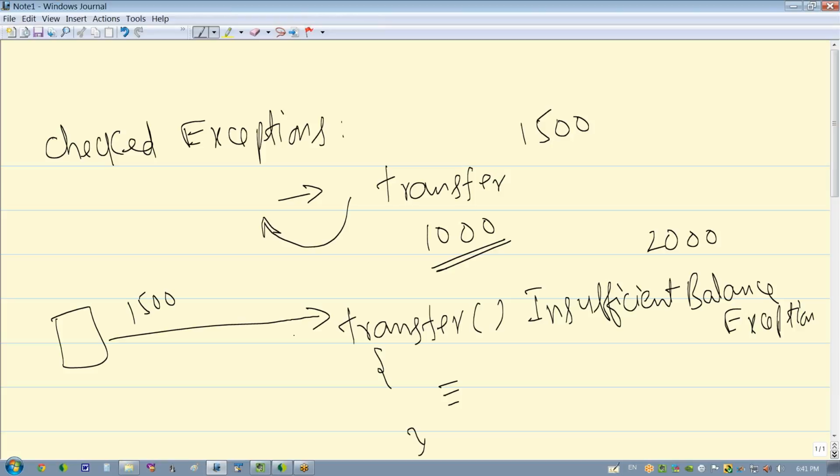Then when an exception is thrown, you have to do two things. You have to do two things, one of two things. One, if you know what to do, if you can recover from an exception,